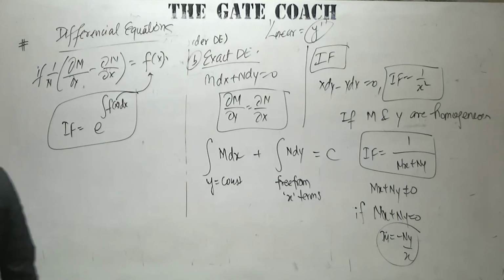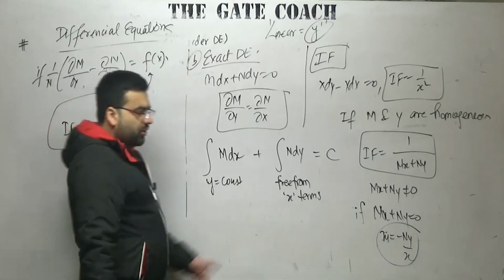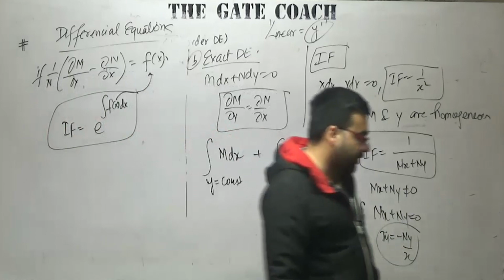Then how do we solve the differential equation of first order, dy by dx plus Py is equal to Q(x)? That is very simple. We just have to find the integrating factor, e raised to the power integration of P dx. The complete solution becomes integrating factor into y is equal to integration of Q into integrating factor dx plus c. That I have told you, that is a very simple thing, and I am not going to repeat it.